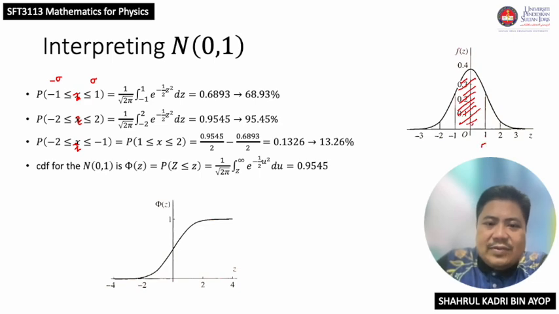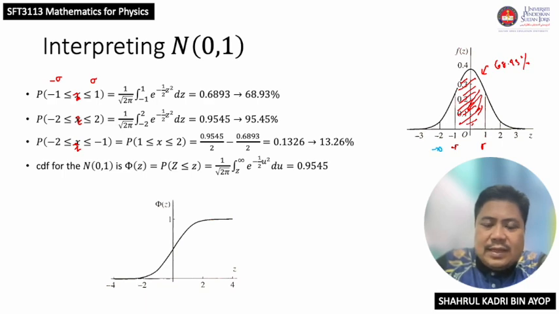Okay, this is equal to the standard deviation. This is for negative standard deviation. So actually, it means that everything that falls in this area under the graph has a chance of 68.63%. Okay, and if we calculate from